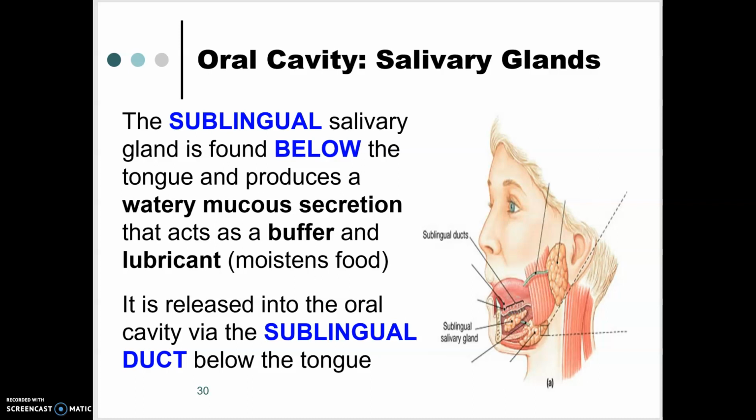Other times, if you're feeling nauseous or ill and you think you might vomit, just before you vomit, this gland will secrete a lot of saliva into the mouth, because it'll help protect, since it's got those buffers, it'll help protect your teeth and the tissues of your mouth against the low pH of the stomach acid in the vomit that's going to be coming up. So it has a small duct, and it's released into some tiny little ducts right underneath the bottom